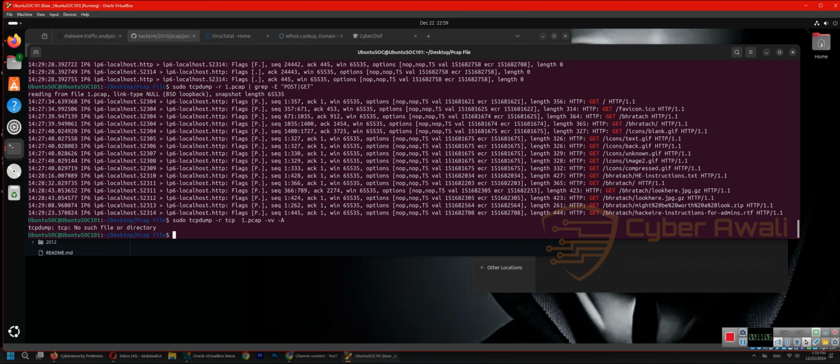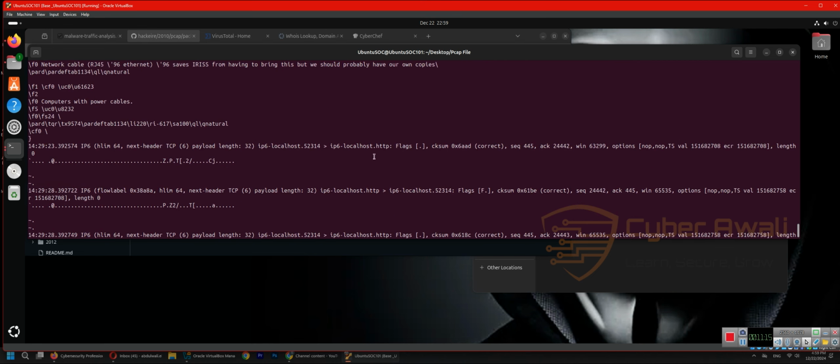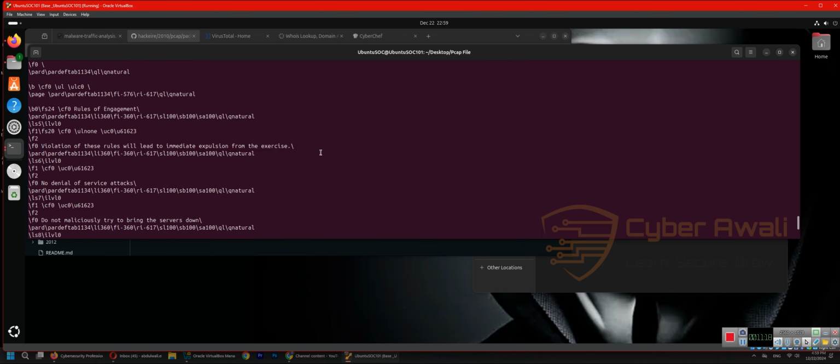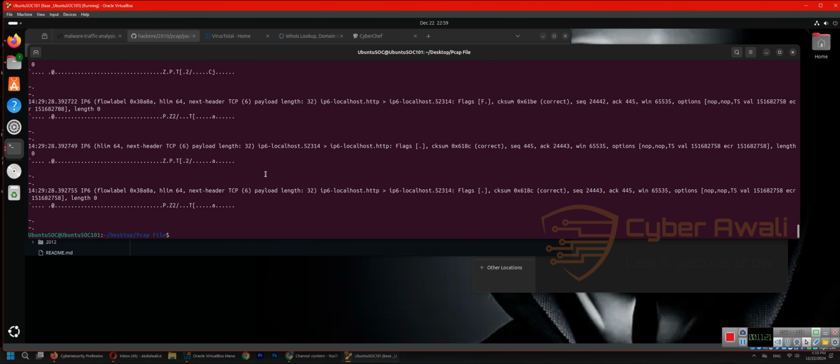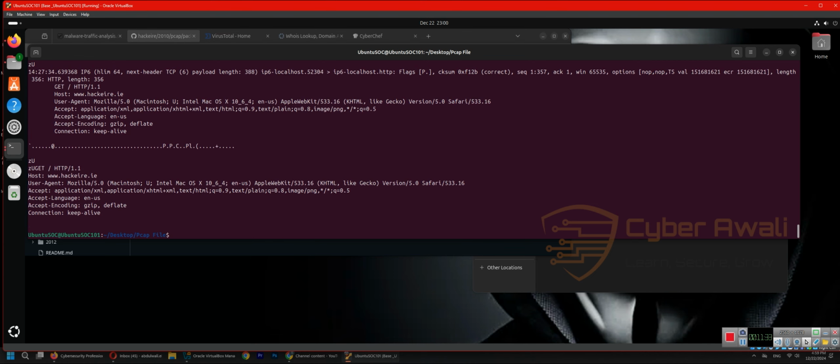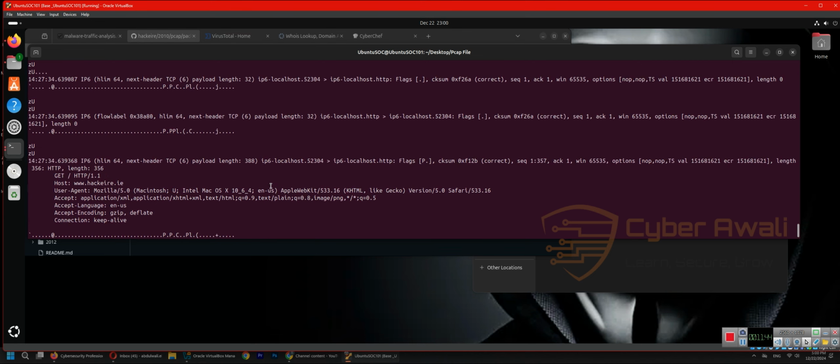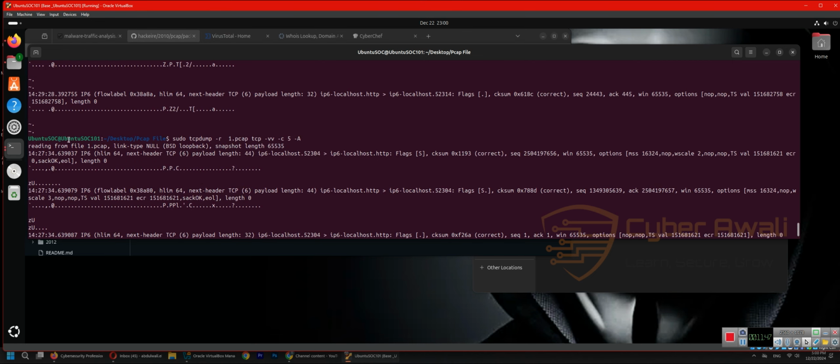Oh, okay. Sorry for that. I have to put... So you can see right here, I can read the details of... Let me do it this way because it's a lot, so I have to go up. I can also put -c, and I only want like 5 packets. I only want like 5 packets to read, so it starts from here, and this is the first packet, and